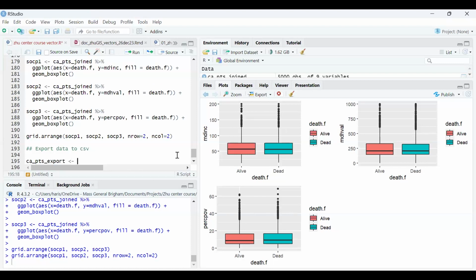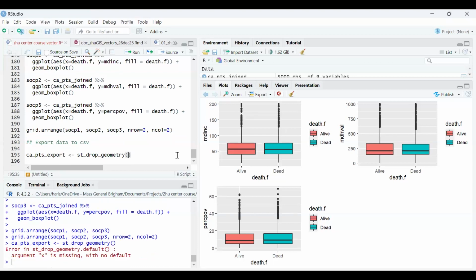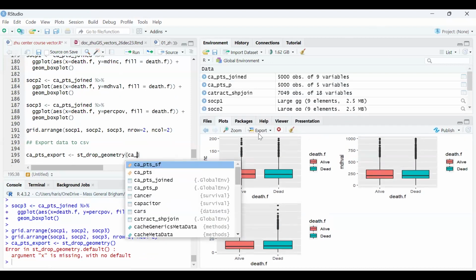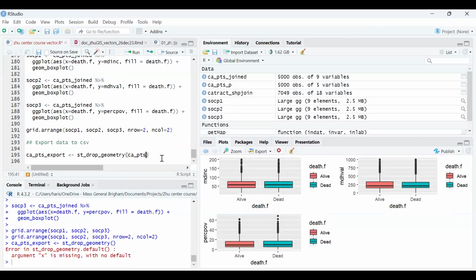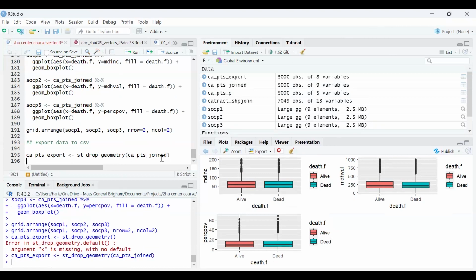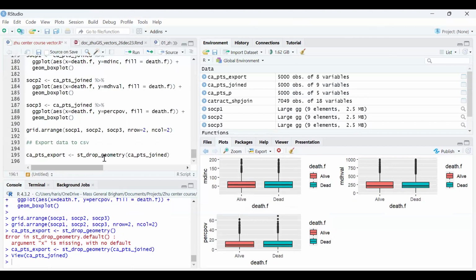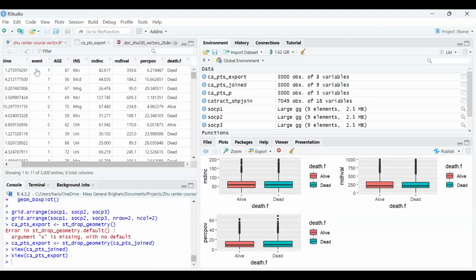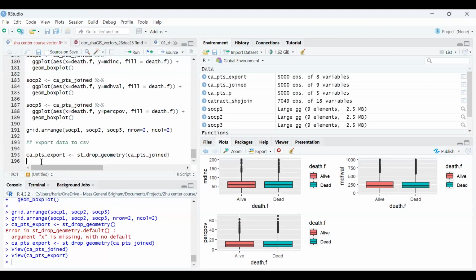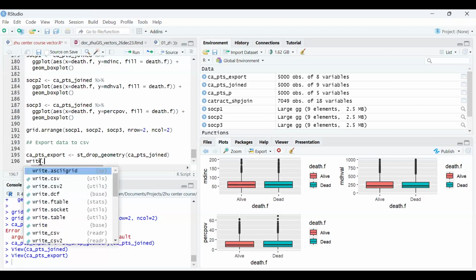And so we can then, first, we want to drop our geometry column. We have to specify what we're doing. So we want to drop our geometry column, and we want to drop that column from CA points joined, right? That's our final thing. Oh, sorry, we dropped it from CA points joined and saved it as CA points export. CA points export no longer has a geometry column. And then we can use write.csv